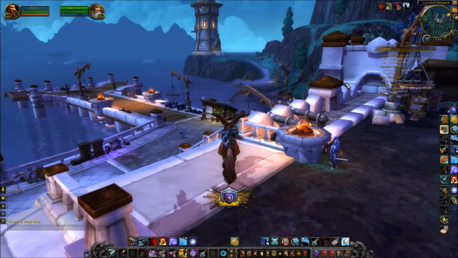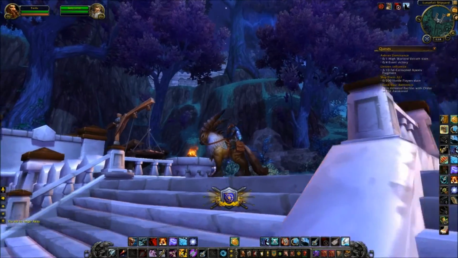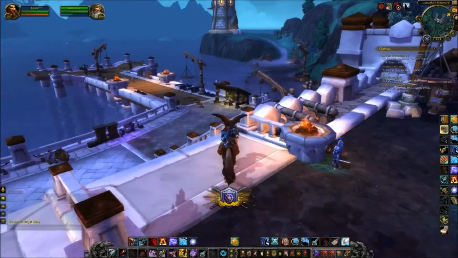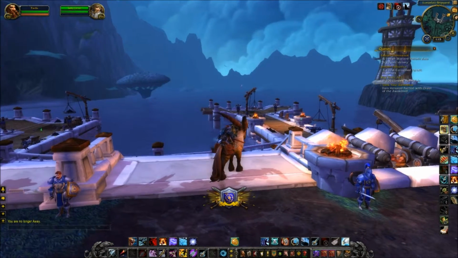I'm currently inside my garrison at my brand new shipyard. I am here because I would like to show you what is coming to your garrison in patch 6.2. When 6.2 arrives, you will be able to construct a shipyard just off the coast of your garrison. My garrison's up here, so you will create a backdoor to your garrison. You'll be able to travel down here and create a shipyard, and that is what ultimately allows you to go